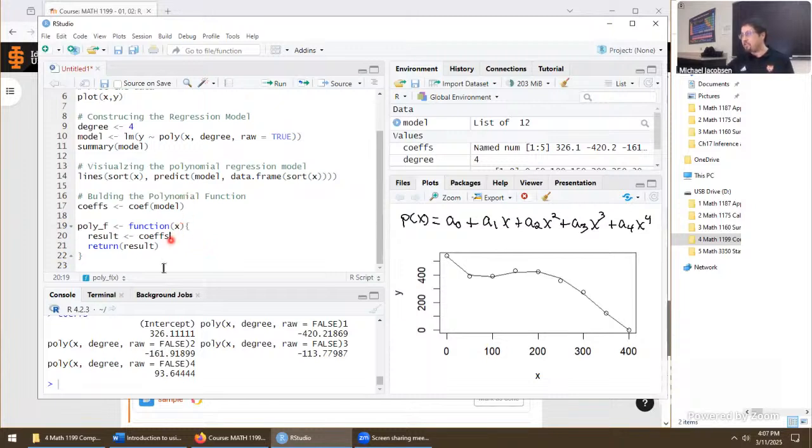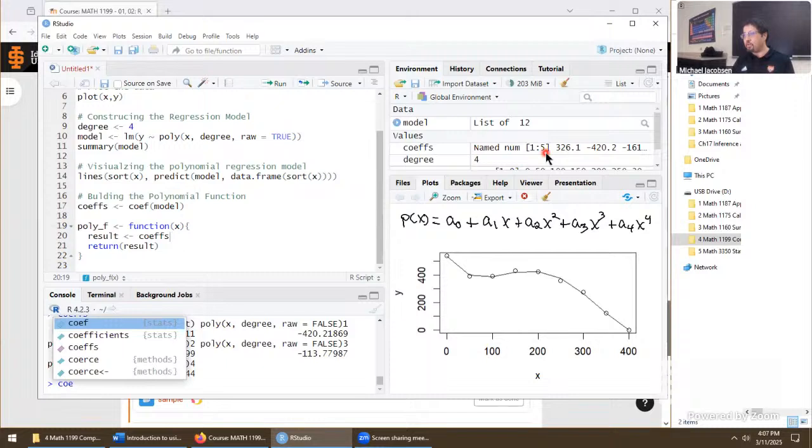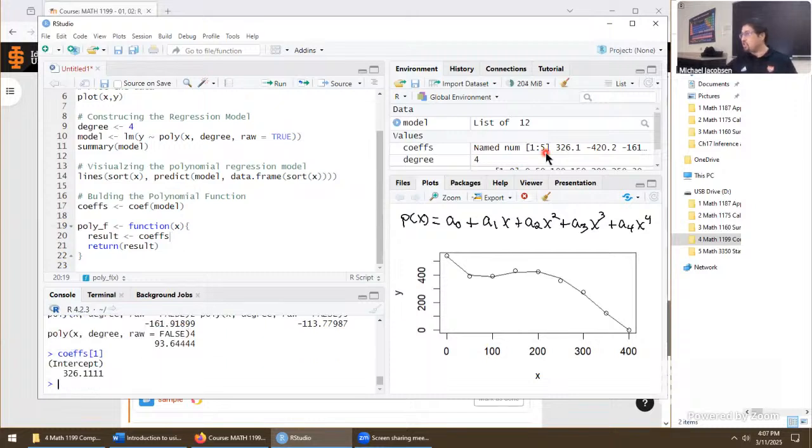So instead of calling all of that, we can do it this way. If we just want one part of this variable, COEFFS, that's a vector from 1 to 5, you can type COEFFS 1. What that does is it just gives us our first entry, the intercept, 326.1, or looks like 1 repeating.